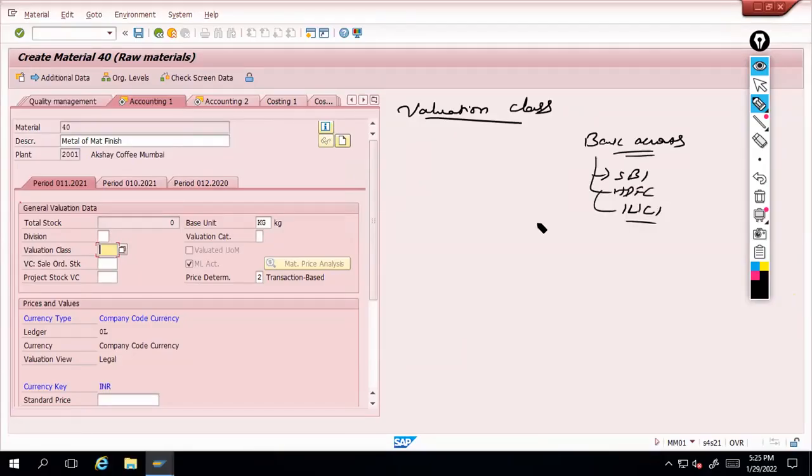Your business decides that whenever I'm purchasing the raw material, I need to pay the vendor from the SBI account. Whenever I'm buying a semi-finished material, I need to pay from HDFC. Whenever I'm buying the material of finished,